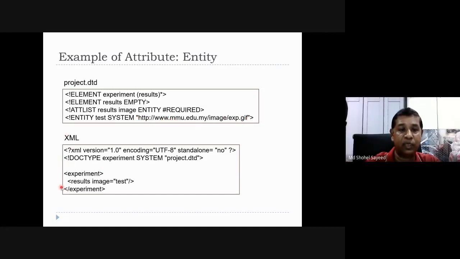Now in the XML document, you declare the XML declaration first, then document type experiment system, which looks for the definition of project.dtd from this file. So the definition is already defined, then write the XML: experiment results image equal to test. So test is basically the reference. So it will follow this reference. All right, an entity reference is required to follow the reference. Next,